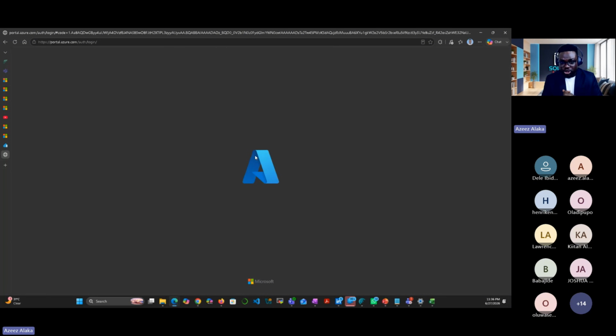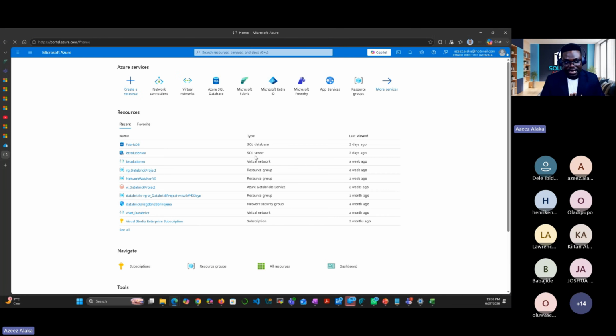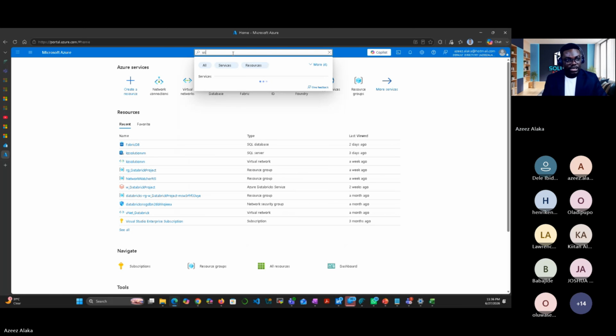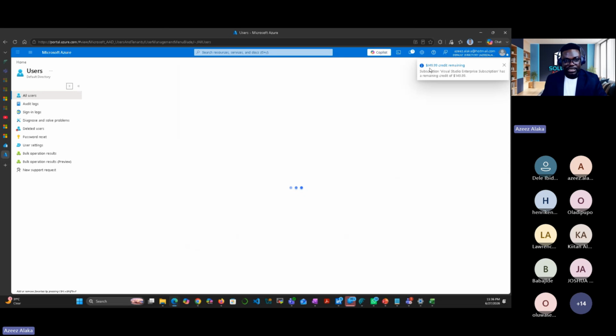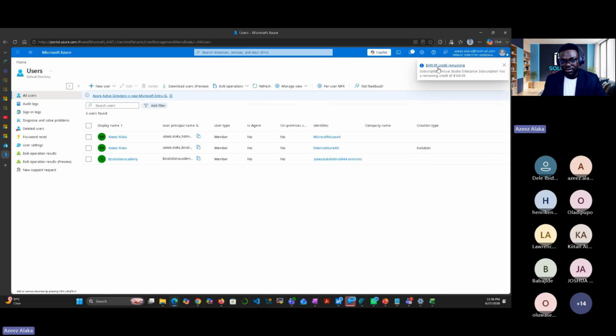It's so easy. I'm logging into my Azure subscription with my personal email now. This is my personal account. What you need to do is go and create a user. The same document we gave you is what you have here. Come to Users. You see my current credit on Azure is 149.